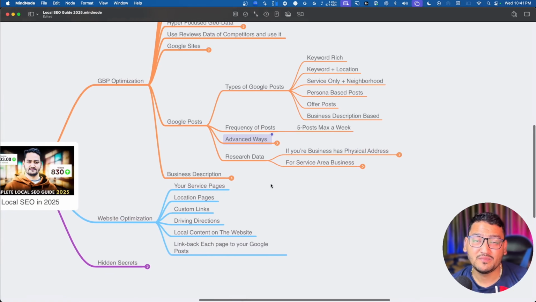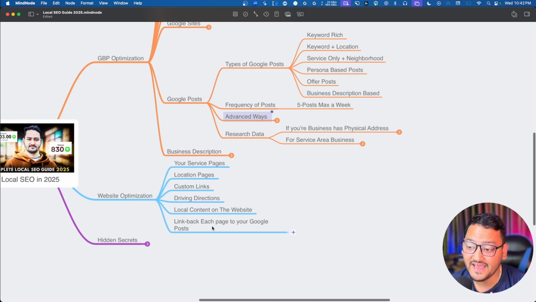And you can also do some research of your competitors, what type of content they are putting. Just copy everything, put it into ChatGPT and ask it. Or you can ask ChatGPT how can I make this content more localized to a Houston audience. It will give you the entire suggestions. AI is here to help us. Okay. And then